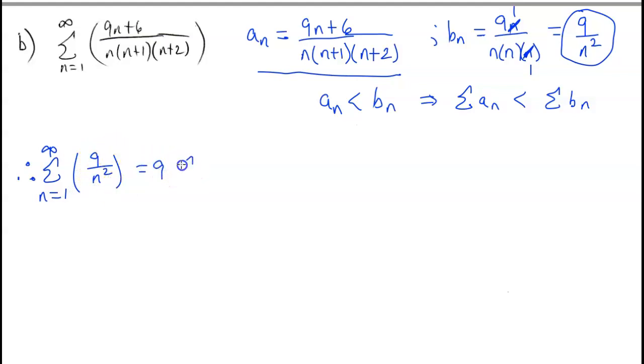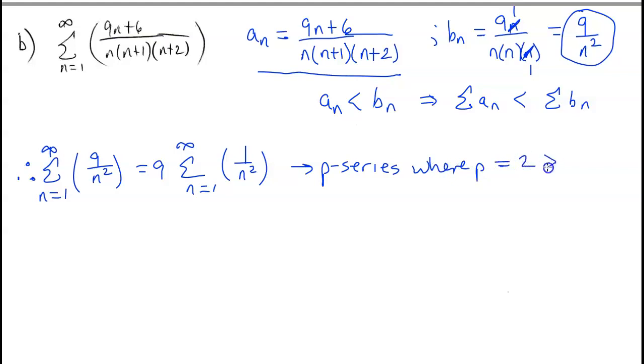So this is just 9 times summation n equals 1 here. And of course, this is a p series where p is equal to 2 again, which is greater than 1. So therefore, this particular series will converge,